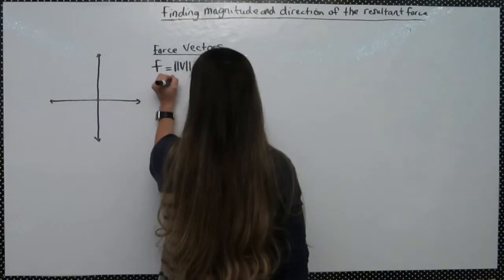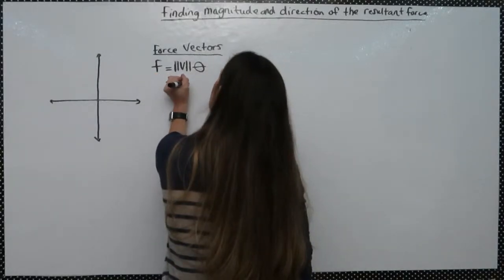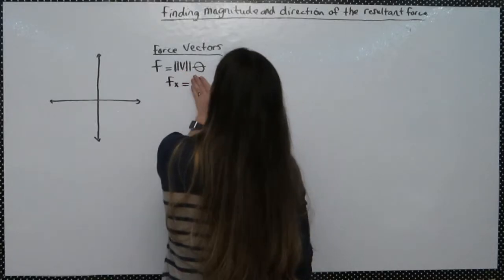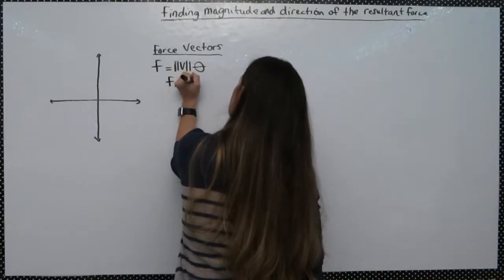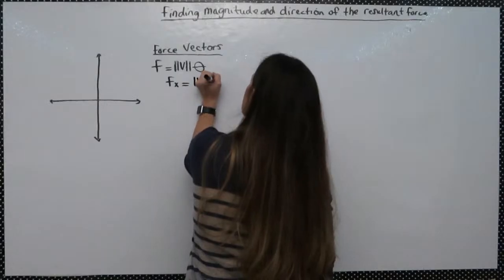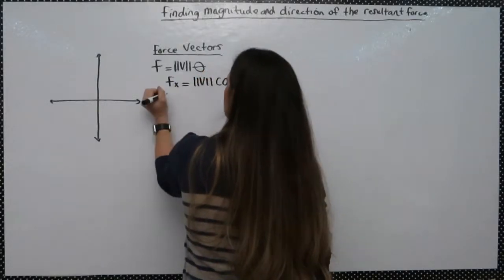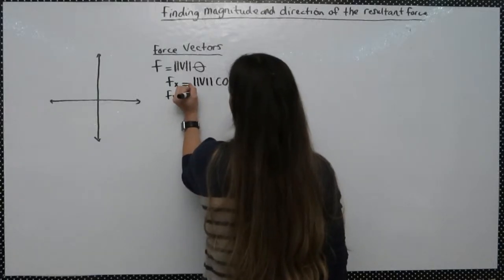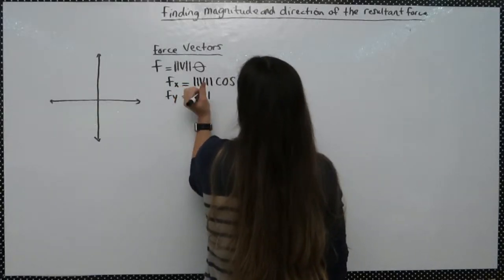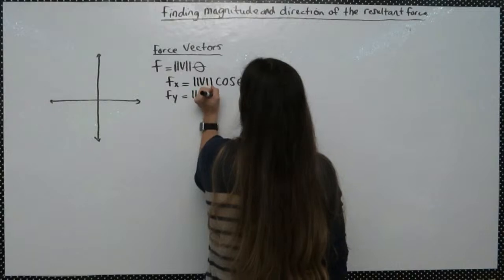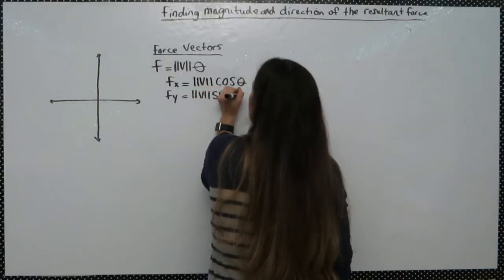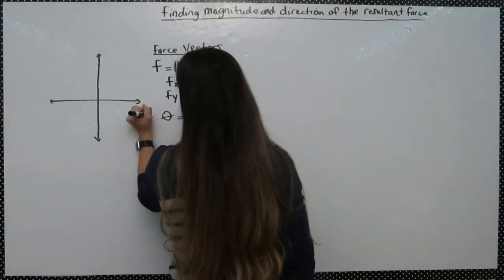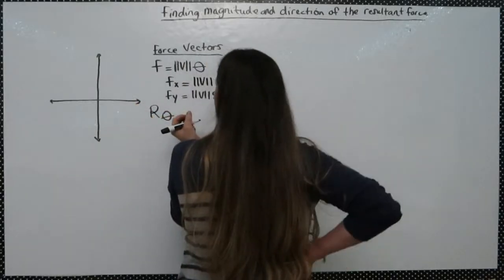So you have an F sub x equals the magnitude times cosine theta, and your F sub y is going to be your magnitude times the sine of theta, and then your angle theta is going to be found, this is the resultant theta, will be found by